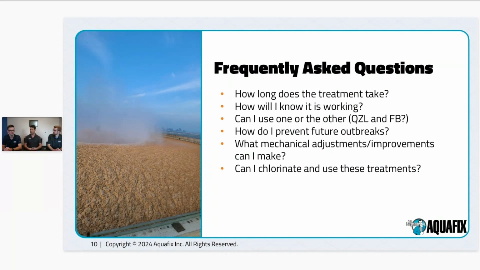Is that what you guys would agree? Yeah, and really tying it into how long this treatment will take and how will I know it's working is, as Chris said, we really want to focus on matching your sludge age as best as possible. So typically, we want to look at about the first one or two sludge ages. That's where we want to see the most microscopic differences. That tells us that the treatment's taking hold, that we're able to start removing these fats and grease from the